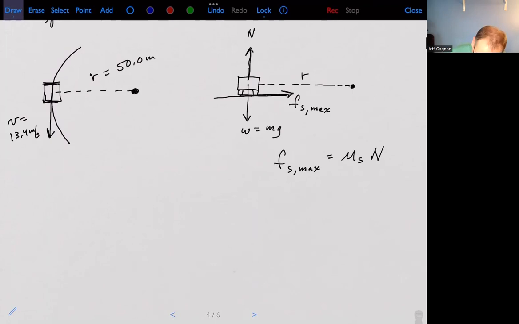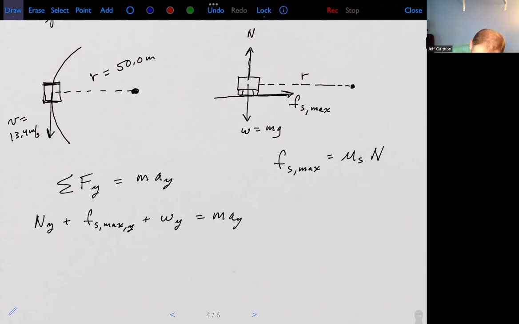Let's apply Newton's second law. I'm going to do the y direction first. This is based on my free body diagram. Let's look at the sum of the forces in the y direction. That has to equal m a y. So I have the y component of the normal force plus the y component of Fs max plus the y component of the weight. Remember, I'm finding all the components. That's got to equal m a y. So the y component of normal force. Here's my